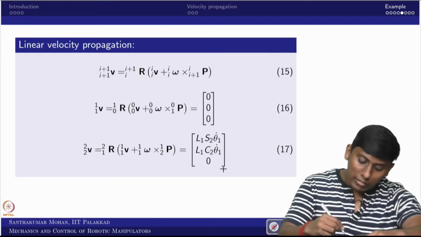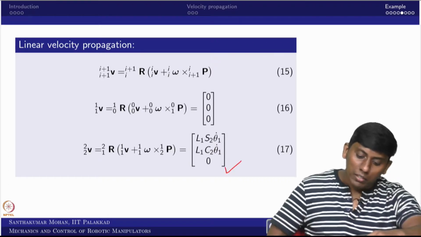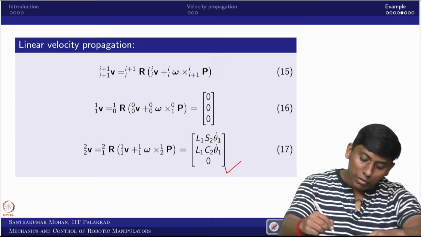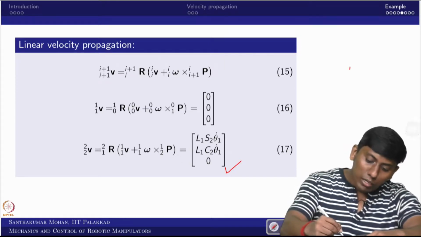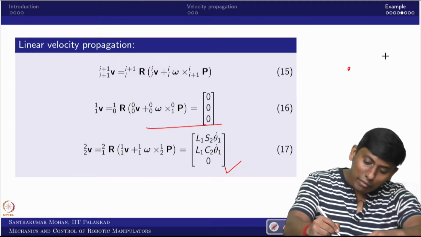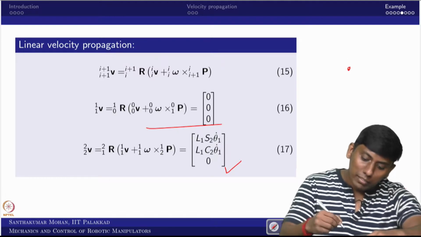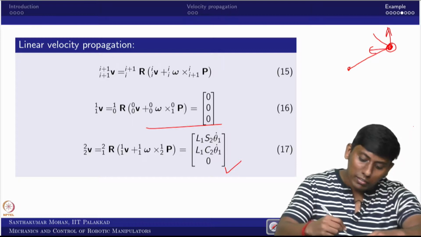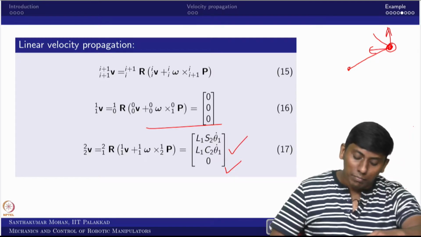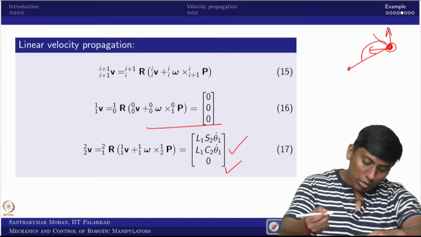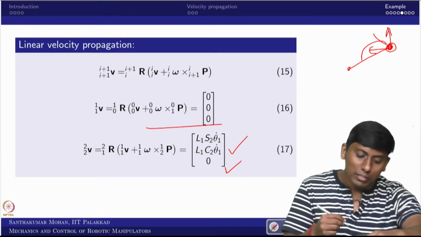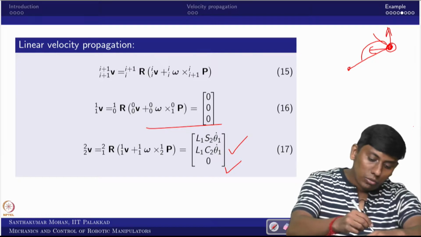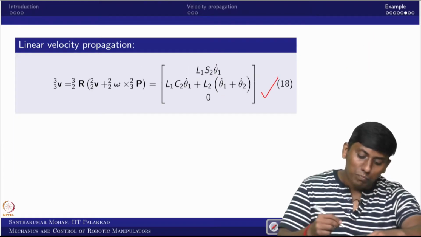So now you can see that this is obtained. We have started from the base, and you are seeing this is the second frame itself. If you bring it to the base, you obtain this frame. That is true, because you are getting this as your x axis and this as your y axis properly, right. When you transform, you will get what we have written in the previous lecture, the previous slide. So now we can try the last one, you get this.